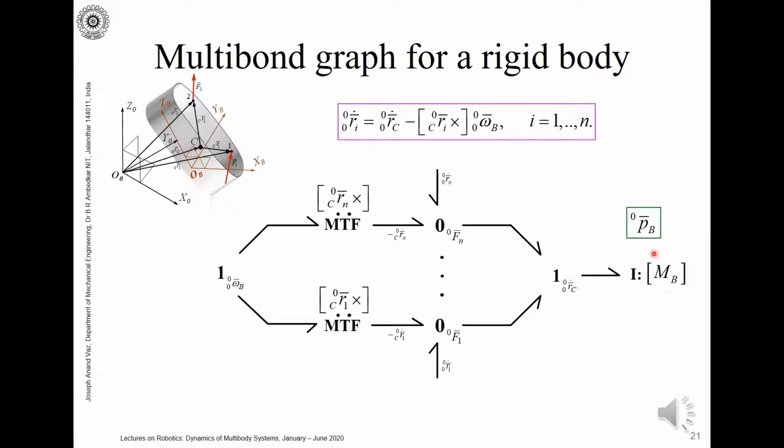Now the state associated with the I element is the momentum of the body B expressed in the frame 0. It's a product of the mass multiplied by the flow over here, which is the velocity of the center of mass observed and expressed in the frame 0. So we get the rate of change of this momentum